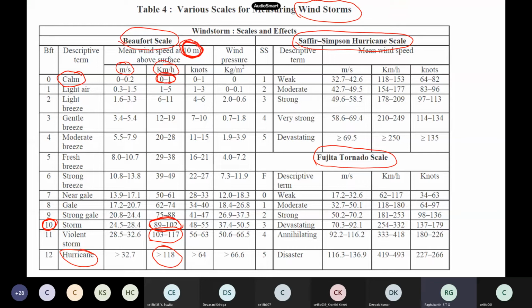So if you are 10 meters above and you see the wind speed is 118, you classify it as a hurricane. If you see a light breeze, 1 to 5, it is classified as light air. So this is our design terminology, and all of you should remember it. When I say wind velocity is this much, we all know wind velocity varies with height, but the convention is that whenever we say it, it means a 10 meter height measurement. This is like a standard if you want to compare, a standardization. Similarly, we have other types of scales which we don't use in India, you followed. The Beaufort scale is the classical one which we use in windstorm classifications.